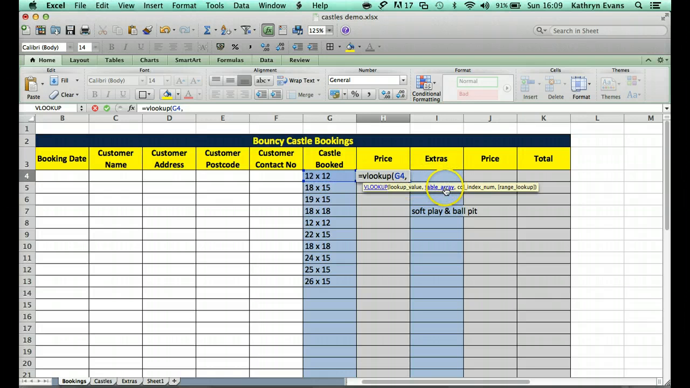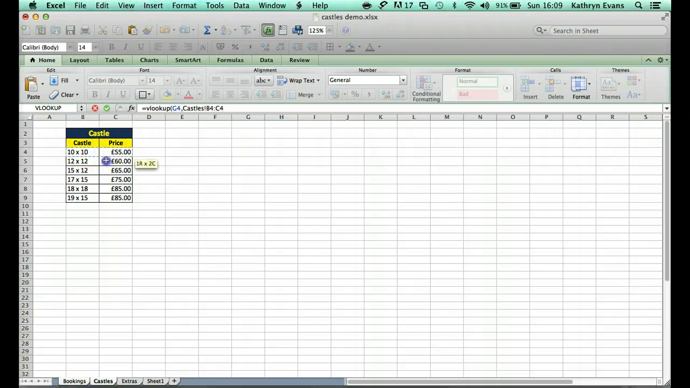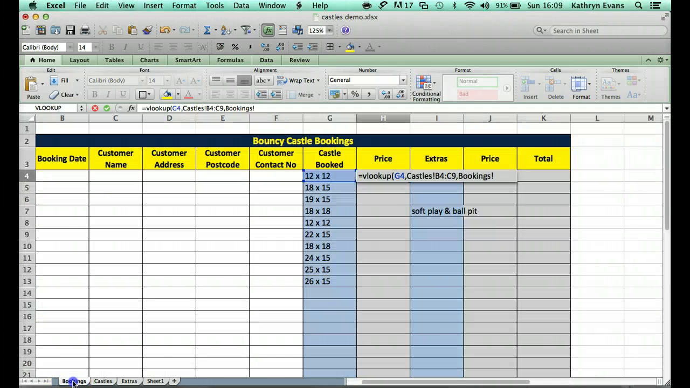Table array. So look up the value from G4 where? Well, the value in G4, as with my price that I'm looking for, is over here in the castle sheet. So I'm going to click that, and then I'm going to add my comma and go back to my booking sheet. So it's saying, yep, I'm going to look up the value in G4 in the castle sheet,